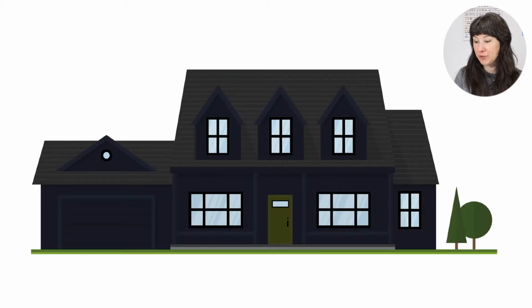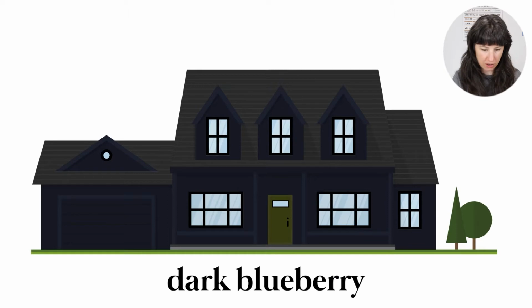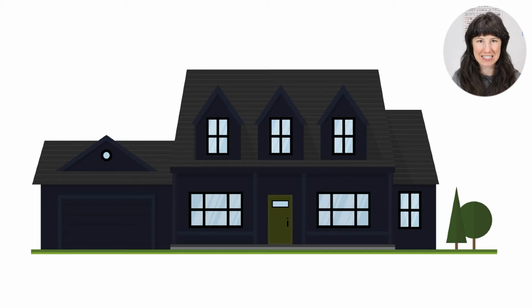This Cape Cod influenced home is in the dark blueberry color, and I think this rendering came out fantastic. This dark blue color is a great alternative to the very trendy black color to paint your house that we've been seeing a lot of lately. I don't necessarily think that black houses are over or done, but they've definitely been getting a lot of press and a lot of notoriety, and with that comes the what's next, what's next, what's next. So what I think is next is colors that are very close to being black, but not black,